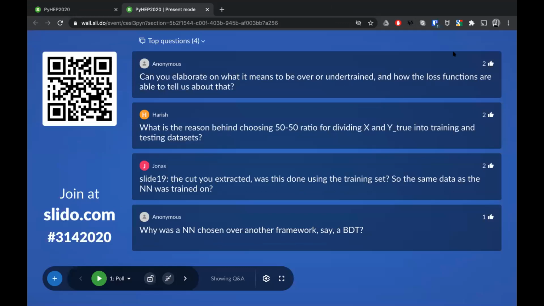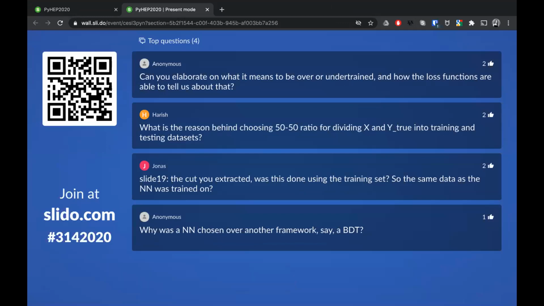All right, this is a nice set of questions. It seems like there's a lot of interest in the motivation behind some of the model architecture that you ended up with. So to start, maybe you could comment on some of these questions related to how you chose your loss function, the reasoning behind choosing the ratio for dividing up your sets, and maybe the consequences of over or under training in this context.